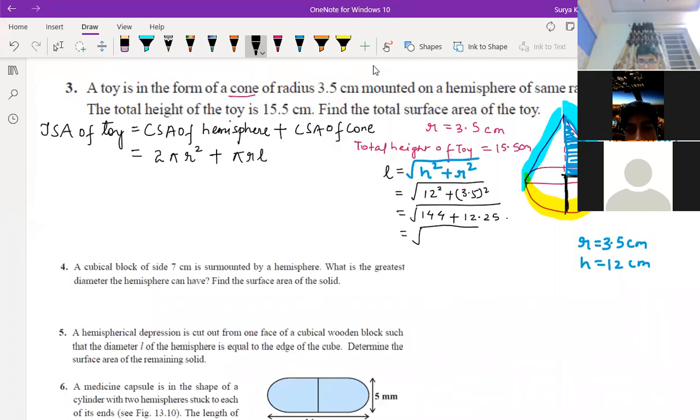Root over. Sir, can we just convert 3.5 into fraction and then solve that? Yeah, you can do that, not a problem. See, I know the easy method. See, 35 into 35. After 3, what is coming? 4. The 3 4s are 12, 25.